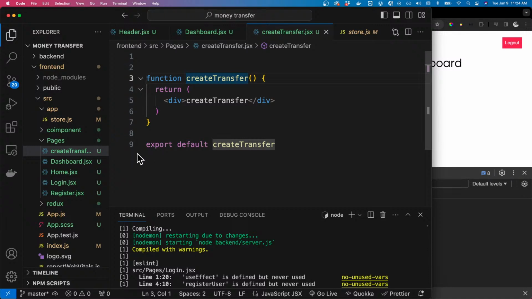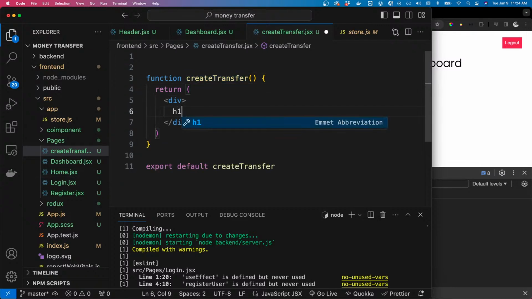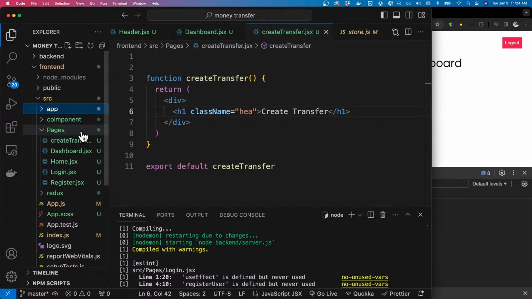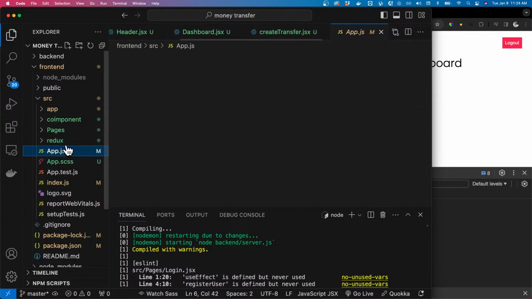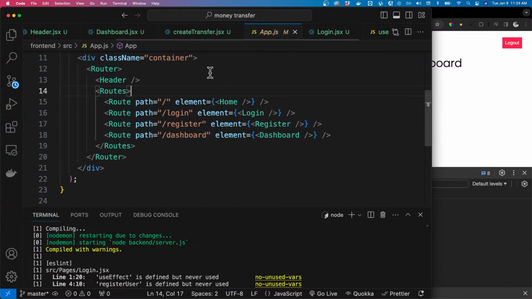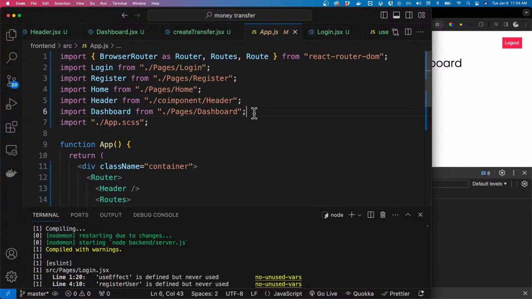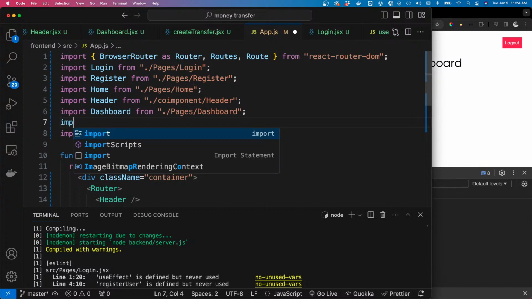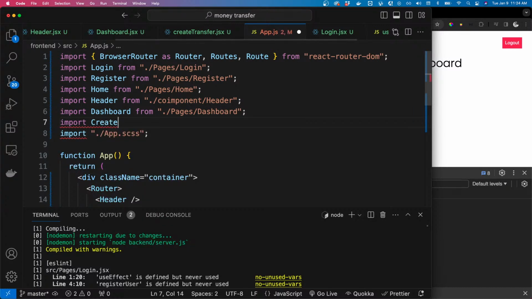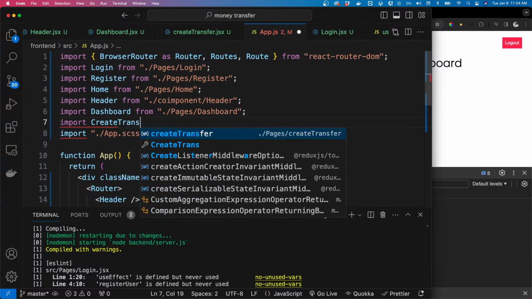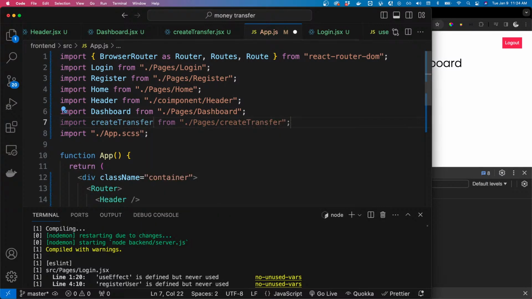Yeah. So inside the h1 heading, let's say create transfer. So back inside the app.jsx, what I want is to import my create transfer from pages, create transfer,